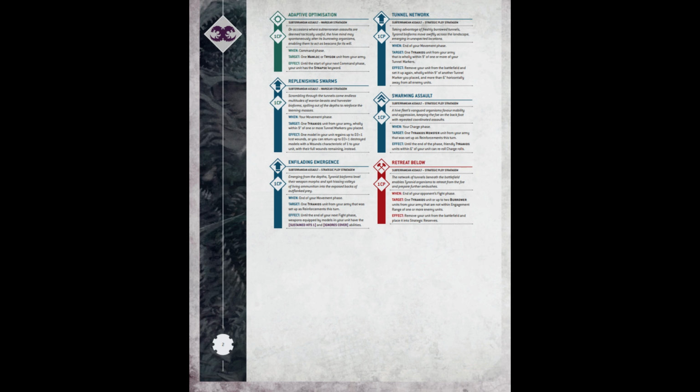So already there's your CP for your turn and your opponent's turn. Any extra CP that you get, whether that's from Swarmlord discarding cards or any other means, or your Hive Tyrants once per battle round, you want to be using towards the Swarming Assault, reroll your 6-inch charges, and then